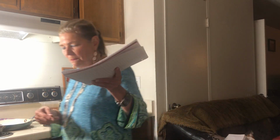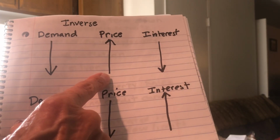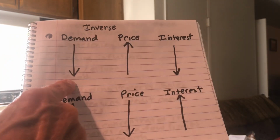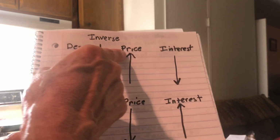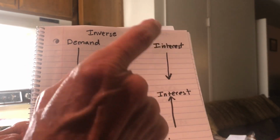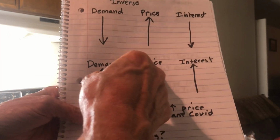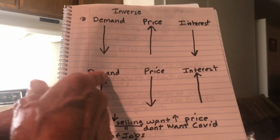Okay, so when you're going to evaluate real estate, this is my humble opinion, I'm not a realtor. What indicates the real estate is the price. Everything else is an inverse. So, when the price of real estate is up, like right now, that means the demand is down and the interest is down. So when you have this high price at a very, very low interest, the payment could be essentially the same as when, if it crashes, if the price goes down, then the demand goes up and the interest